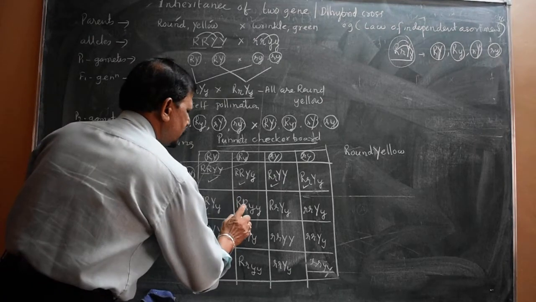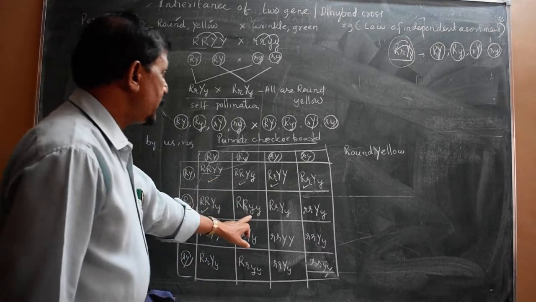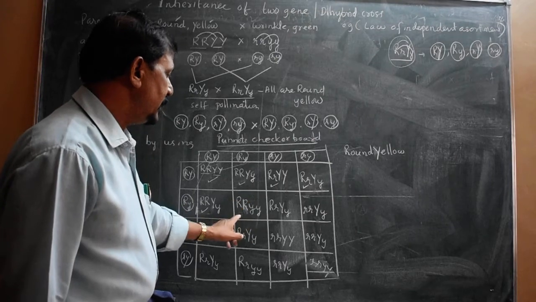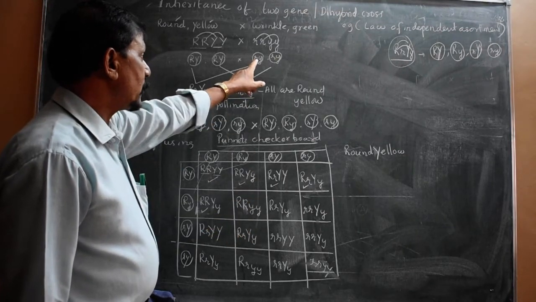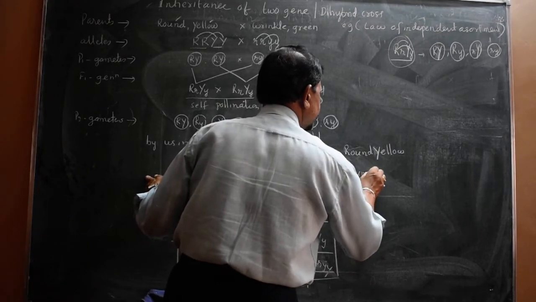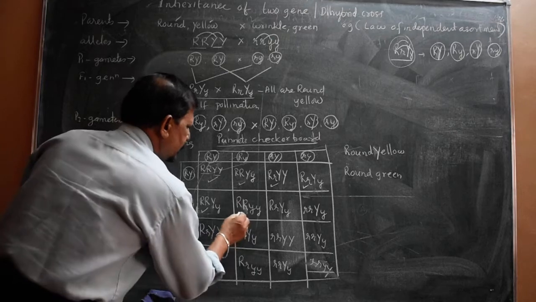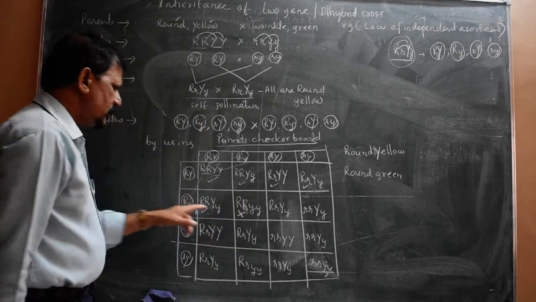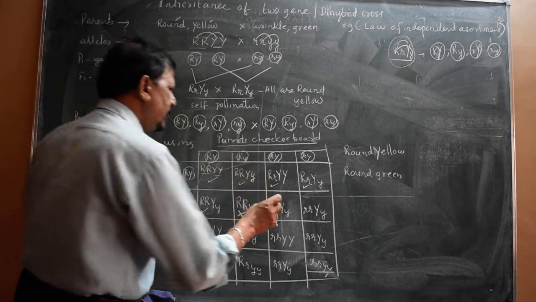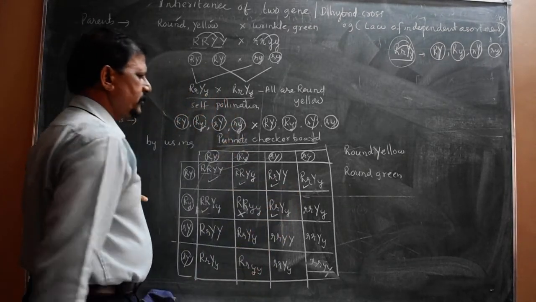And then this one is round, small y, round green. See, round green. Capital Y with small y is green. It is a round green. So that is why this is a round green. I give the symbol of this multiple symbol. See, round green. And then capital R is there, capital Y is there. That is why it is again round yellow.